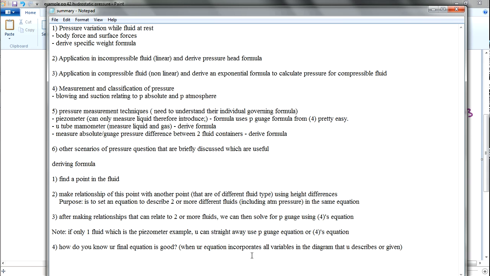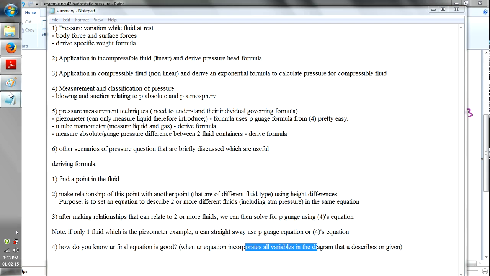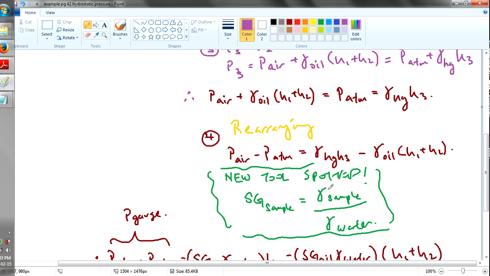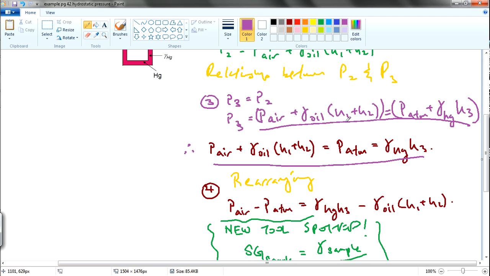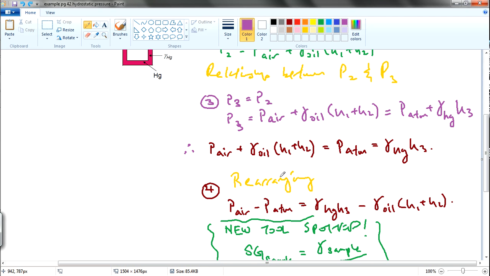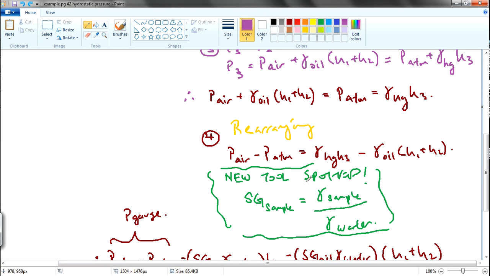How do you know? You incorporate all variables in the diagram, and therefore you just rearrange. You have two equations as I said earlier. This is equal to this. So therefore you just bring this thing over here. It's the same thing. Then after that I rearrange,